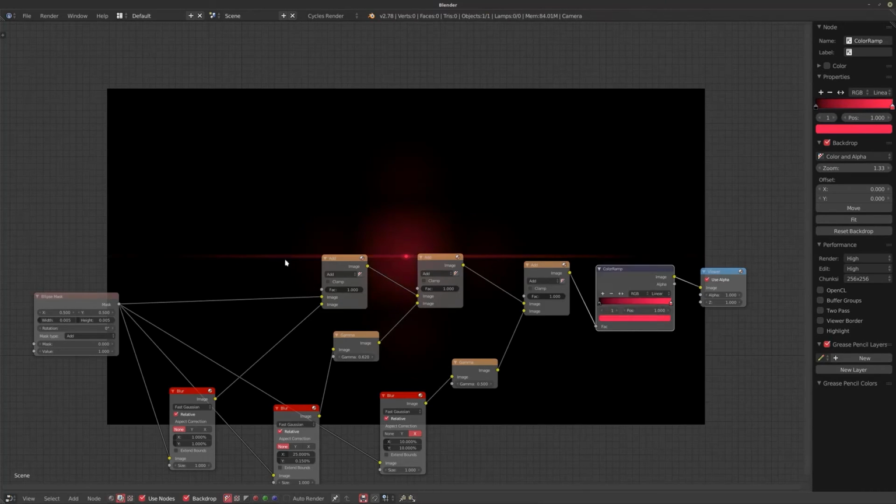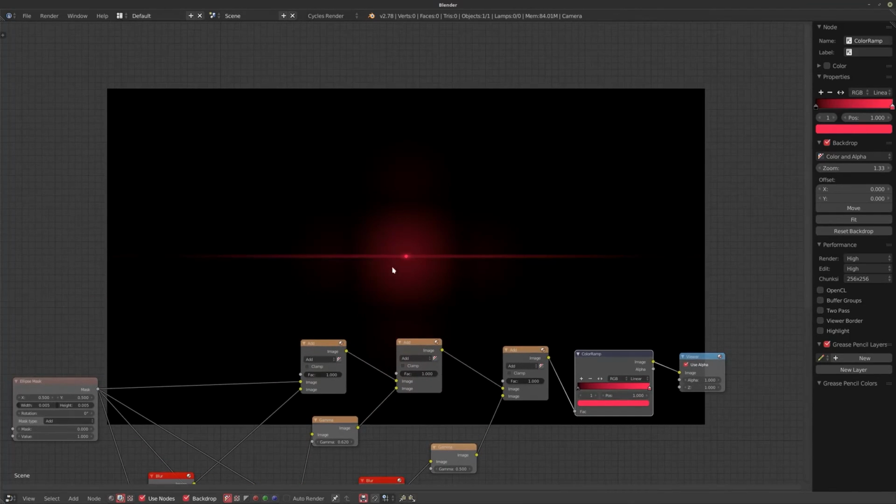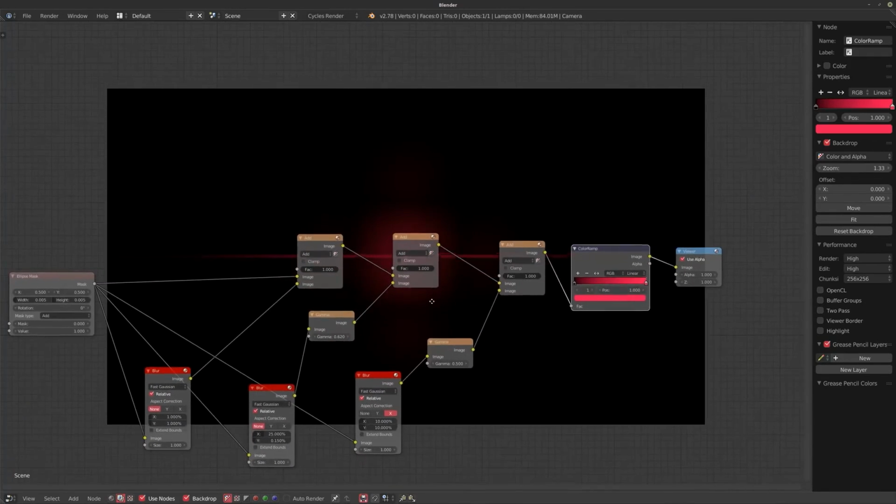And again, the more complexity you add to it and the more nodes you push into it and the more little elements that you have, the more interesting it will look. But for a basic lens flare, this looks quite nice. And depending on what the project is you're working on, this will work just fine overlaying it on top of other stuff. So I hope that explains a little bit how I did these.